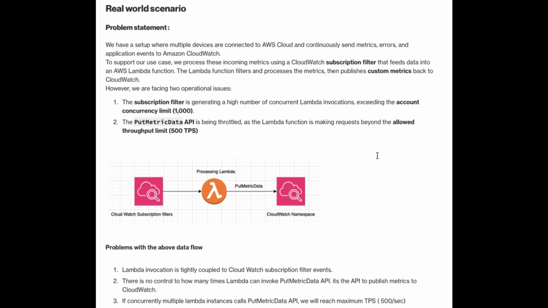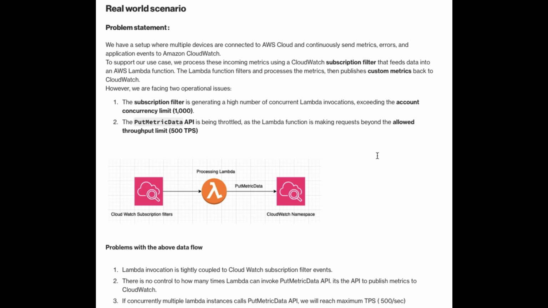And the Lambda performs filtering, processing, and then publishes that to the custom namespace by using an API called PutMetricData. It's a CloudWatch API. And we had two operational issues. One was the subscription filter